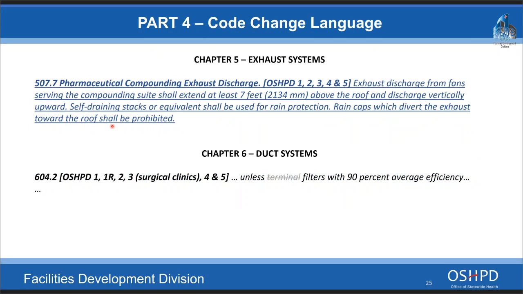The other thing you'll see is 507.7 USP, where they address how to configure the exhaust outlets for compounding, including hazardous. We saw some pretty funny examples on that, so we decided to make this a little clearer. In California, we have a lot of really good designers in the state, and they were doing this anyway. They were designing exhaust discharges that were safe and effective, and we just borrowed from all those excellent designs and clarified this in the code.